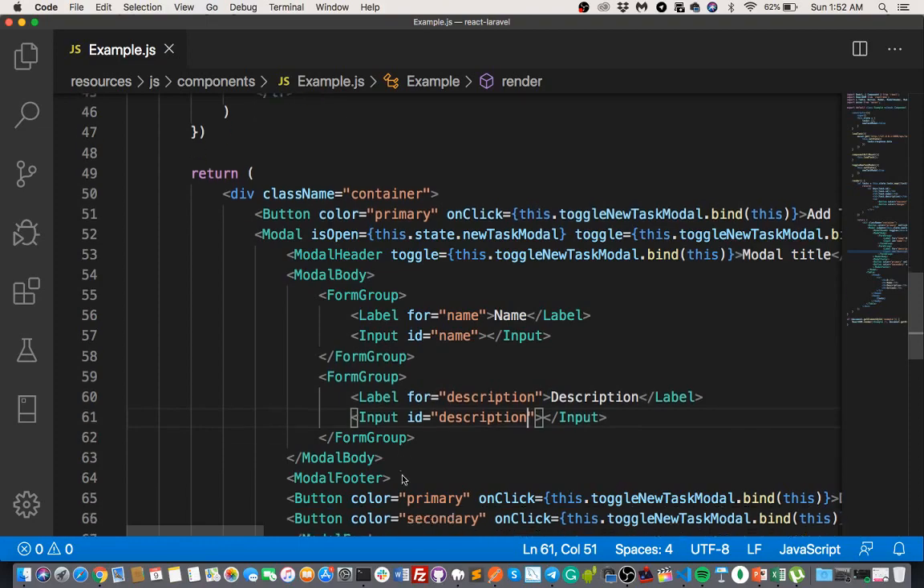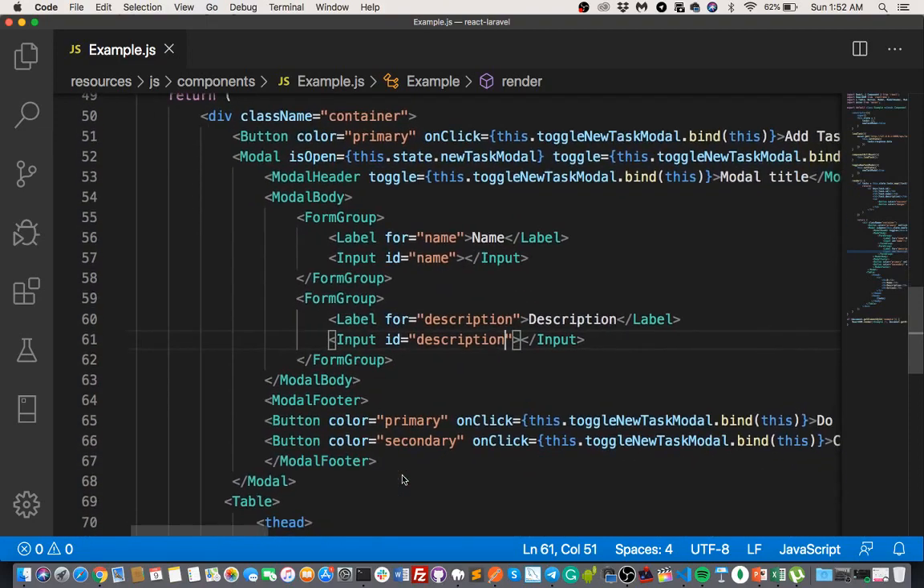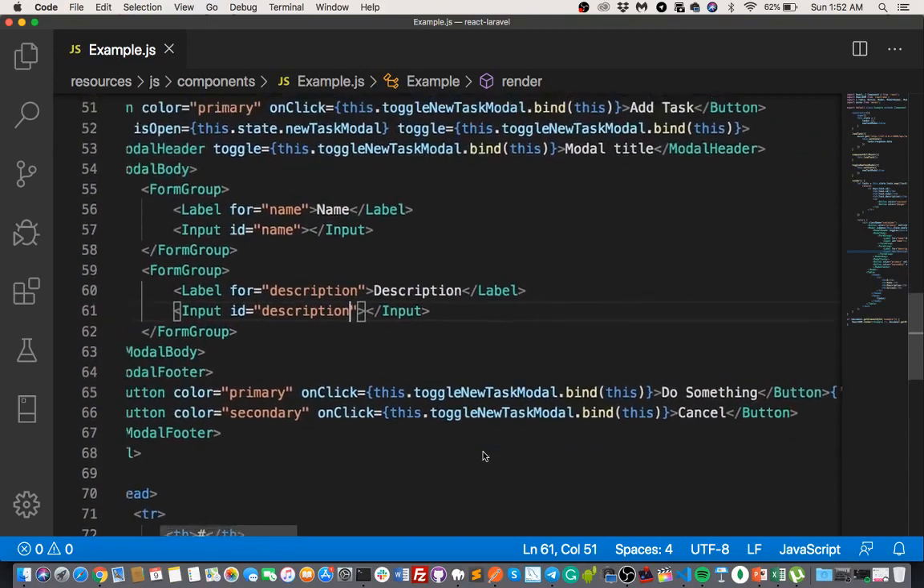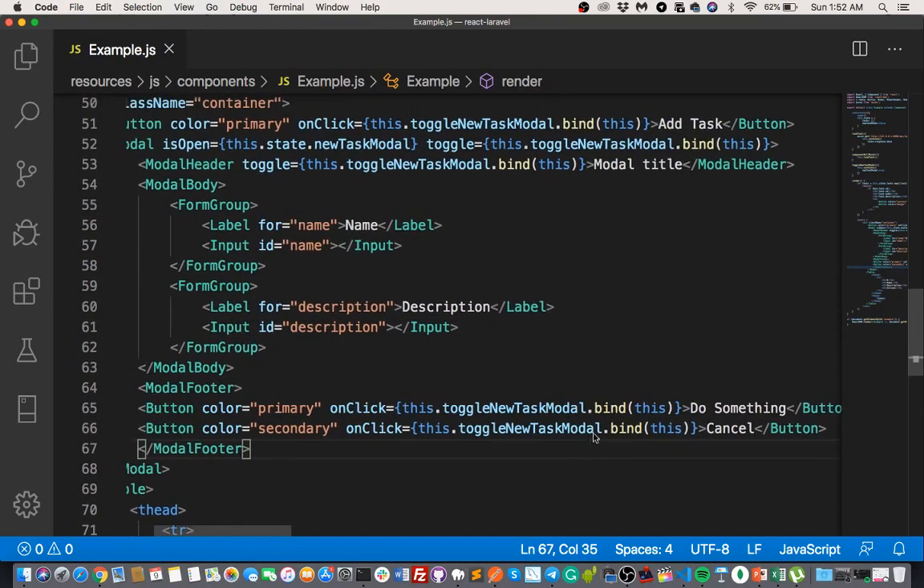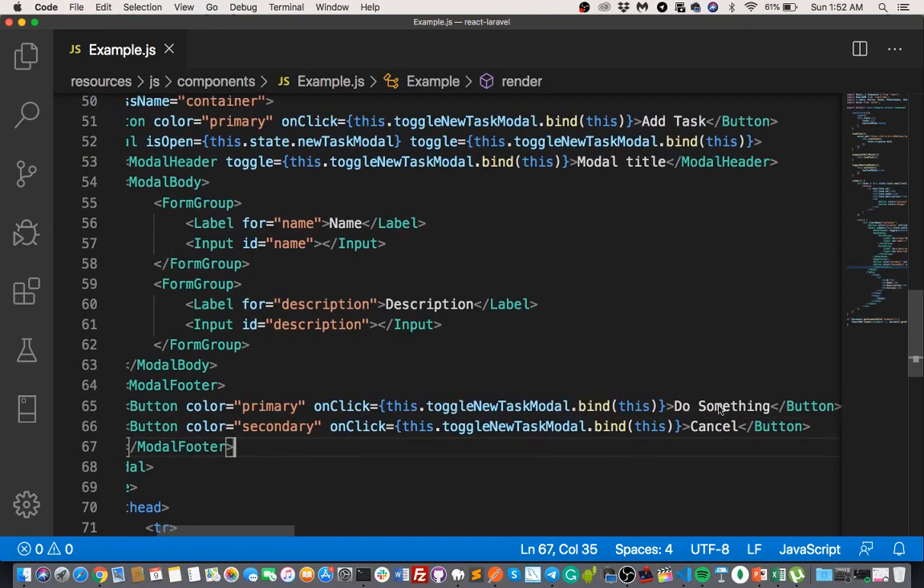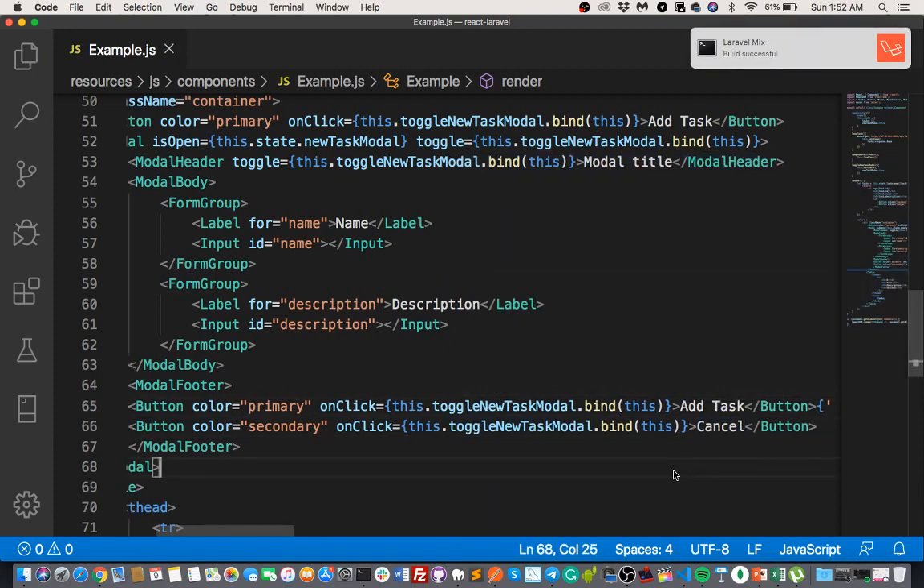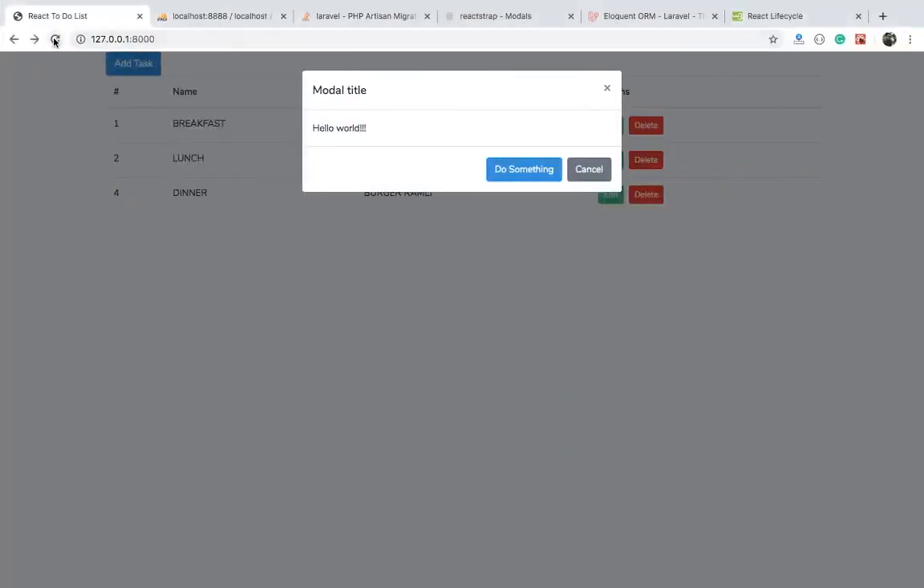So go to modal footer here. Okay, so we change this. Okay, add task, then cancel. Then that's all. Save, refresh,